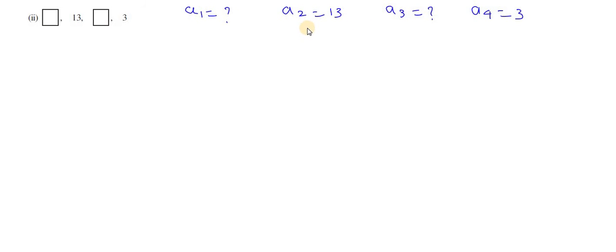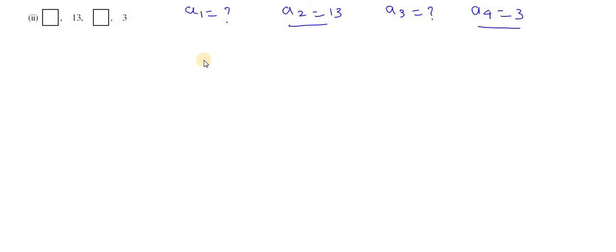Okay, suppose if you know the term D and the term A, it is easiest to find any of the terms, whether it's A1, A2, A3, A4, A10, A100, anything. If you know the first term and the common difference, it is very easy for us to find all the remaining terms. So what we'll do, by using the given data, we'll find the first term and D. What is the data we have along with us? We have A2 and A4.